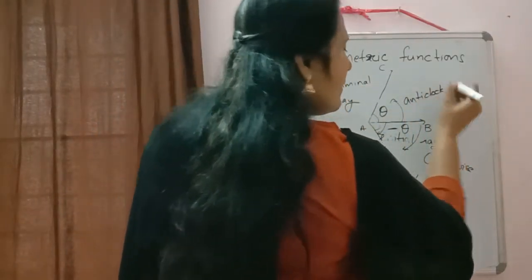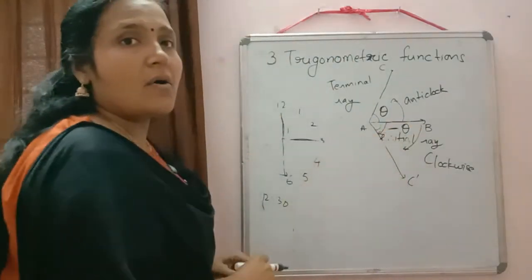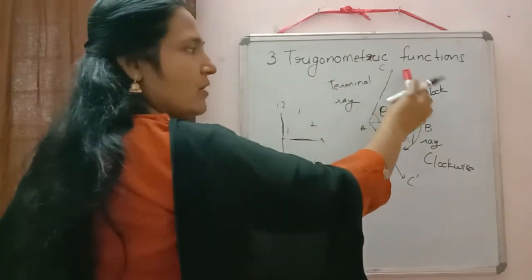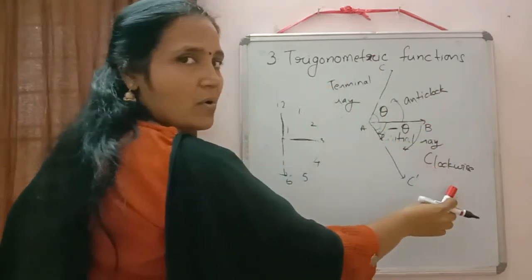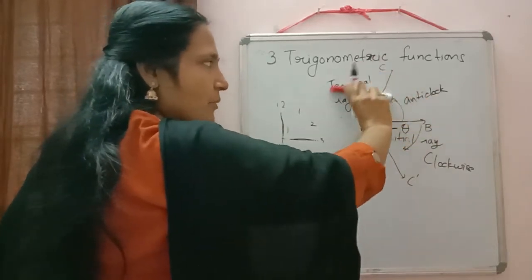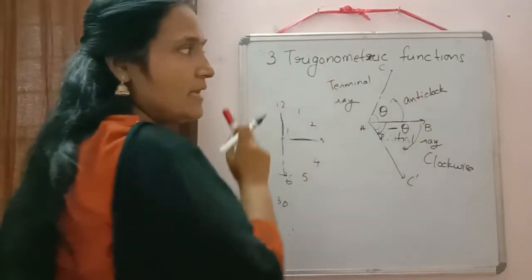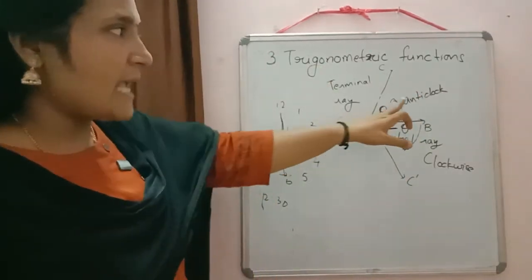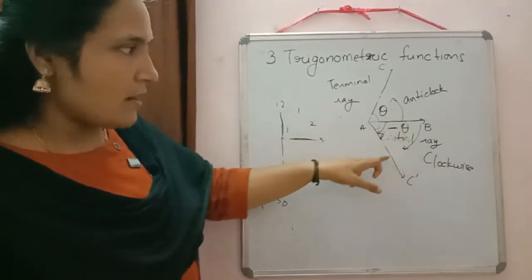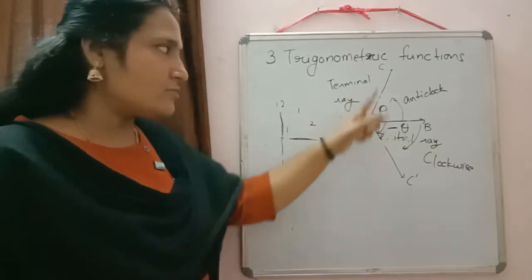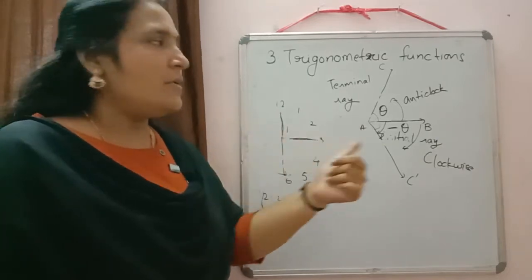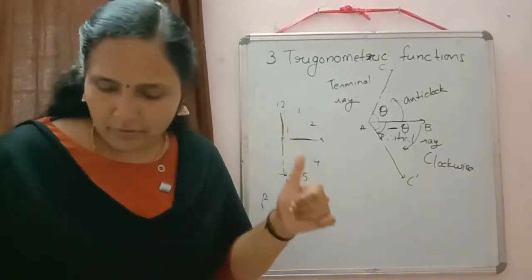This is anti-clockwise, and this one is clockwise. When we are going downwards, we are going in the direction of a clock. That's why it is called clockwise. And when we are moving in this way, upward from top to bottom, we are coming here, then it will be anti-clockwise. So when we draw anti-clockwise, you have to write the angle as positive. And when we draw clockwise, the angle will be negative. So just draw this diagram so that this concept will be clear to you. Drawn this one? Okay. Now all of you, just check.